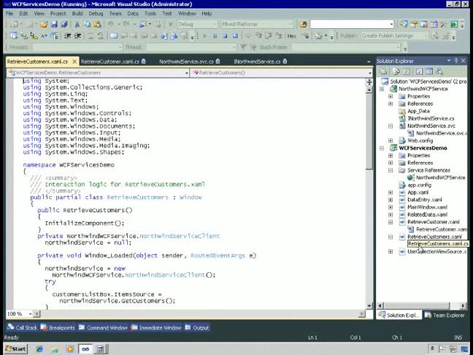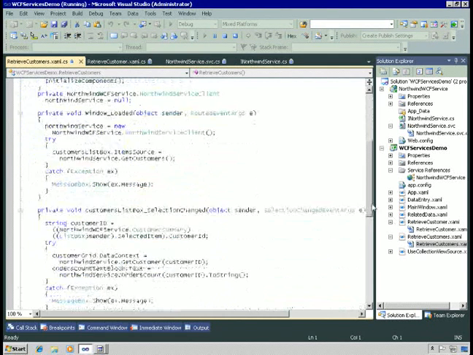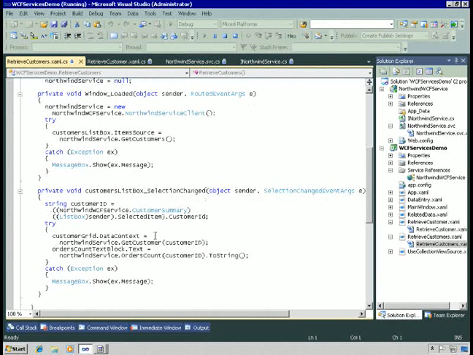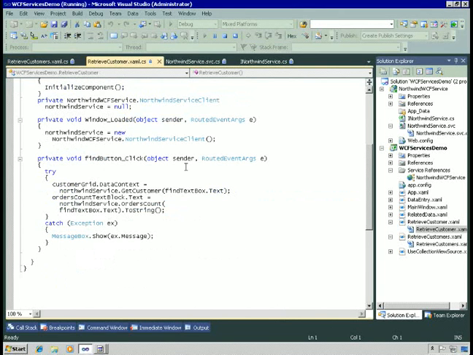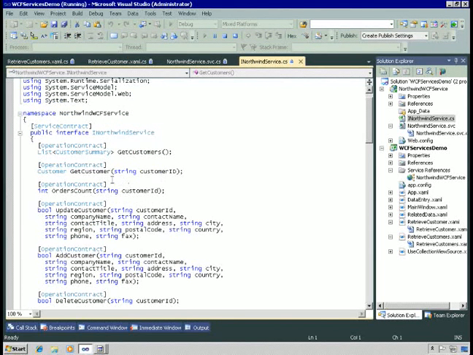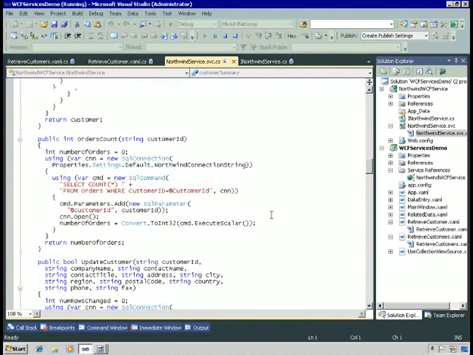So this is actually pretty similar to the code we saw before in the selection changed. We called getCustomer and passed a customer ID, which is a string. In the previous example, we grabbed it as a property of the customer object in the list box. Here, we just take whatever the user entered. And then again, we call the orders count method and pass what the user entered. So looking at the interface, both getCustomer and orders count take a customer ID, and then presumably,